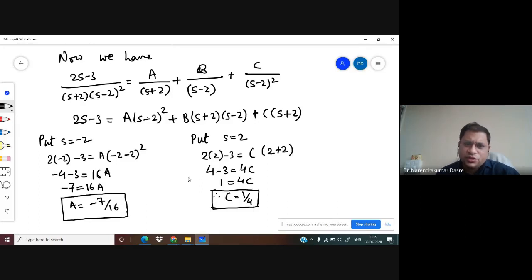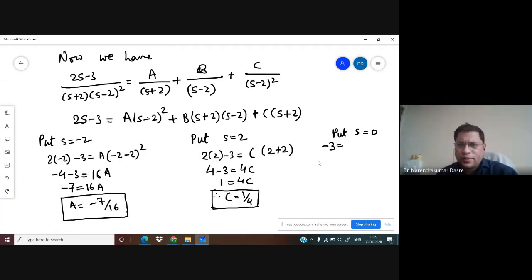Okay, so -2 is used earlier, 2 is used earlier. That means these two values we cannot use, and hence we can use the minimum integer value of S. So simply put S equal to 0. You always have to start with 0, plus or minus 1, plus or minus 2, and like that. So if I put S equal to 0, I'll be having -3 on the left hand side,